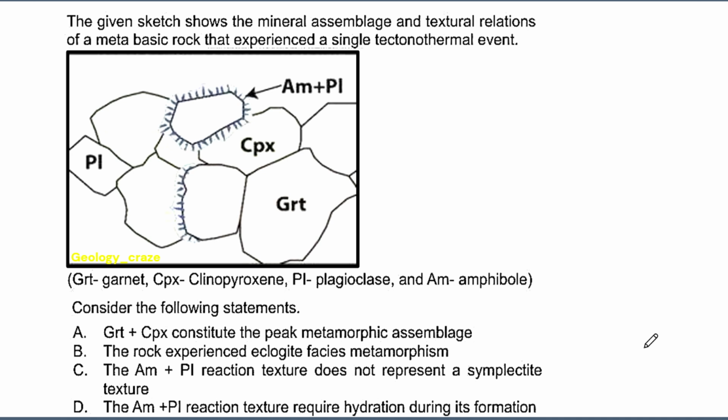Otherwise in the exam you will see that every time something new will come. If you reach up to that level only then you will answer these questions, otherwise you will definitely make a mistake. So what are the things I used in the exam to answer this question? I simply read the options, and I used a little bit of mineralogy, like the chemical formula of amphibole, clinopyroxene and garnet. These things came to my mind.